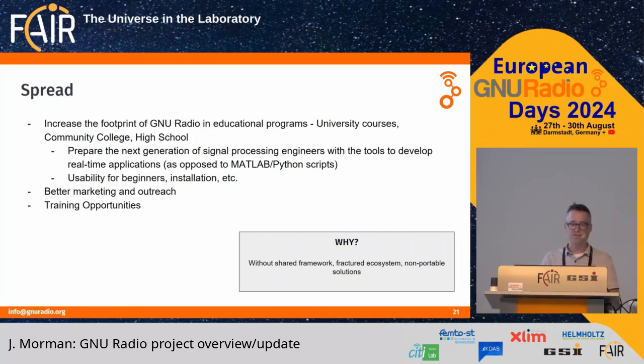So how can we as an organization enable our partners in universities? How can we build a bigger network in the academic community? And so part of some of the things that I've heard is, one, being able to run more easily on Windows devices. That's something that in academic communities is there. But also keeping GNU Radio usability for beginners, installation methods, et cetera.